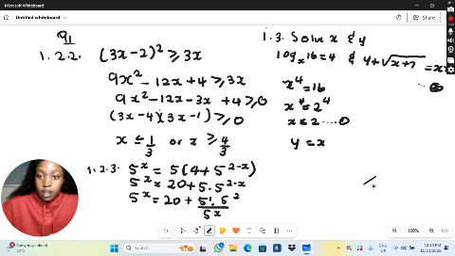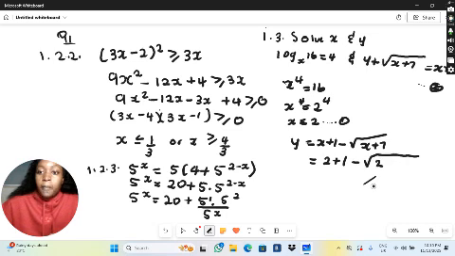x plus 1. Then we can transpose this to that side, which is negative x plus 7. And then we substitute with the 2: 2 plus 1 minus the root of 2 plus 7. Okay,